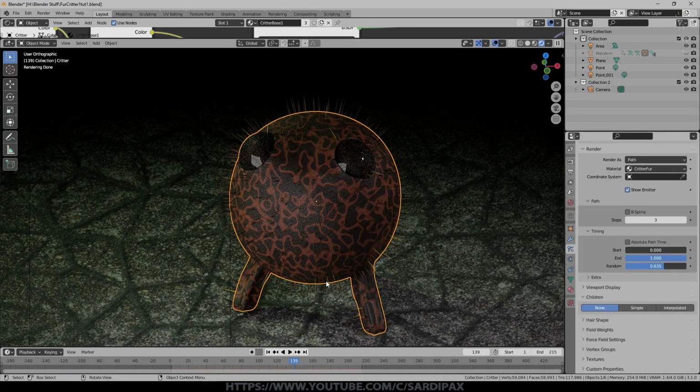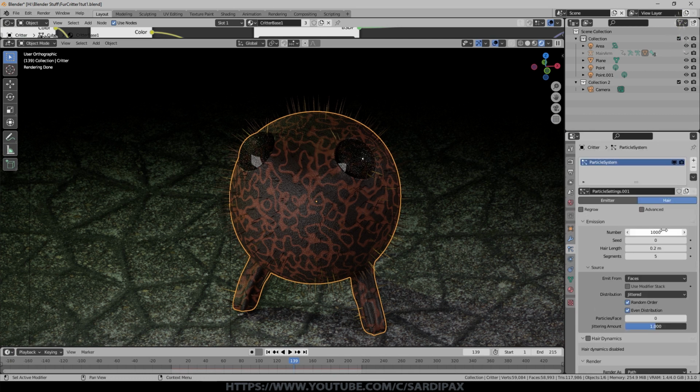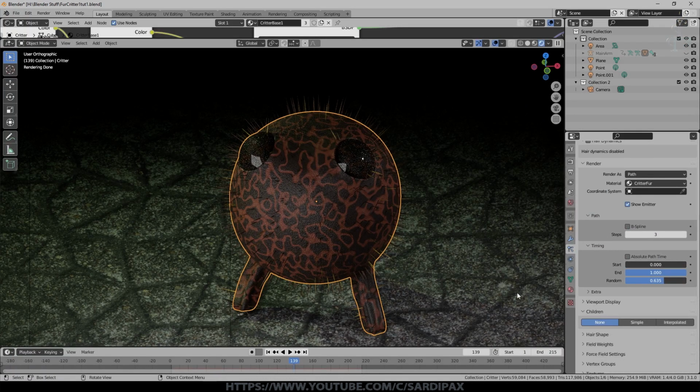Typically, once you set your hair up, you're going to want to add children. So that is basically, rather than having to put 2 million or whatever in here, you have a number and then you multiply that number. So you've got two different ways of doing that. You can say simple or interpolated. If every hair strand is identical, then you may as well use simple. However, generally you do have a certain amount of randomness in it, and you may have different shapes in the hair if you add some of the other settings that we're going to put in. So you're probably better off using interpolated.